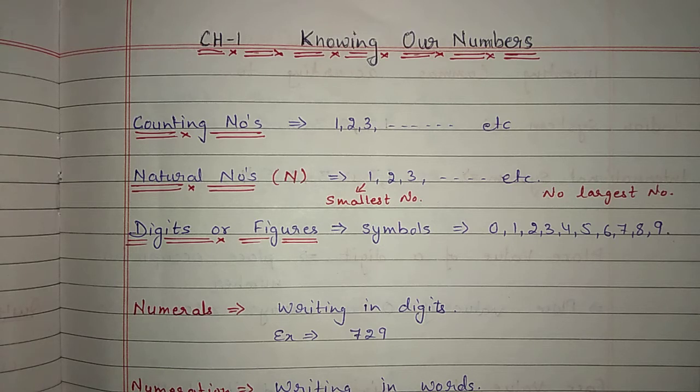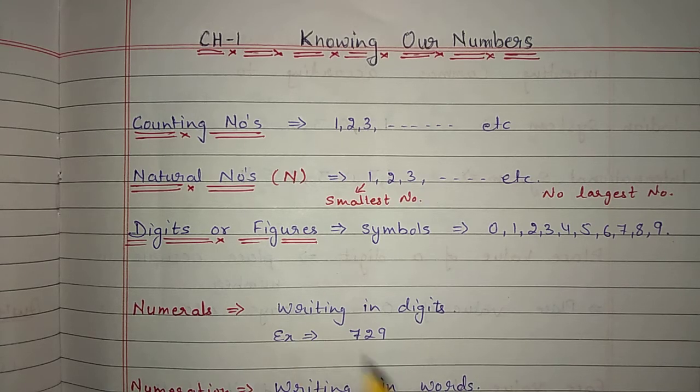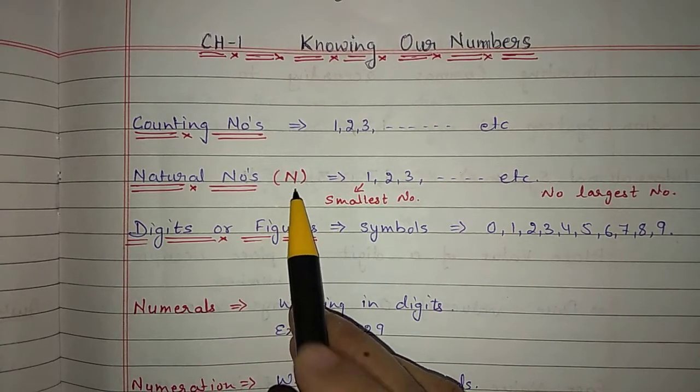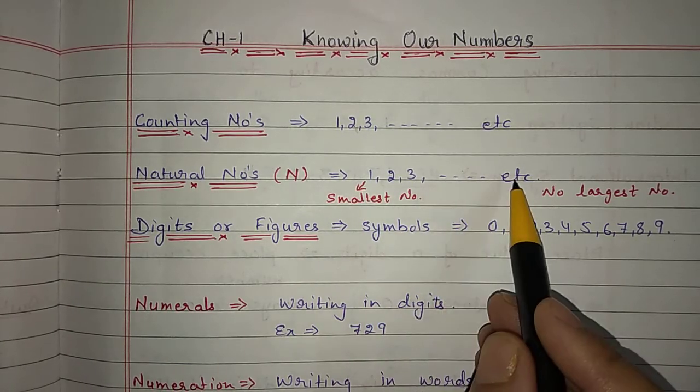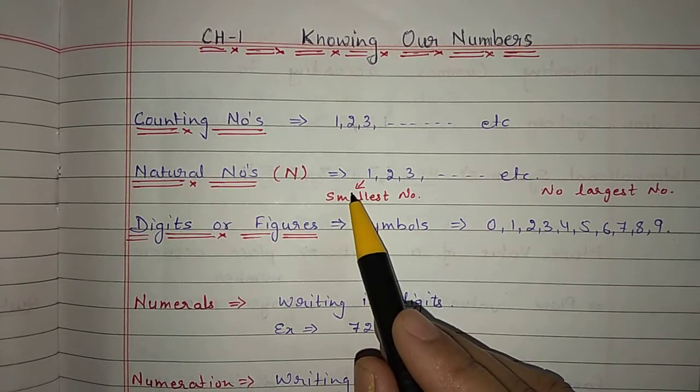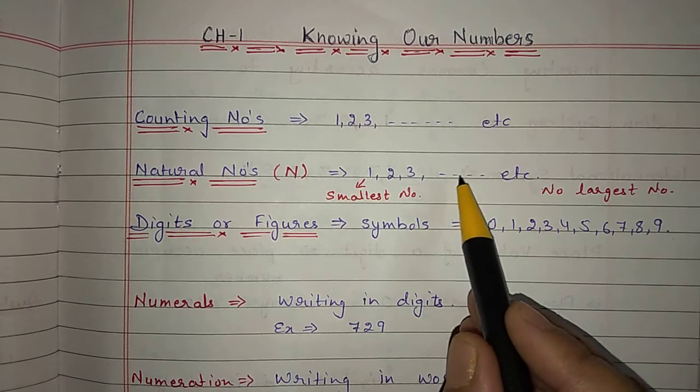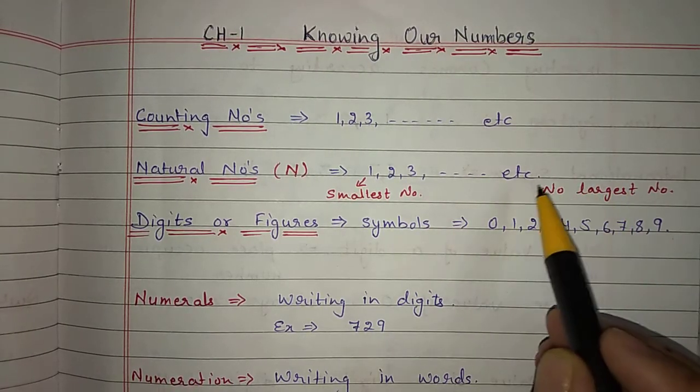First, all of you have learned in lower classes about counting numbers. I hope all of you know about this. So counting numbers are 1, 2, 3 and it will go up to infinity. These counting numbers we can call natural numbers also and it is denoted by capital N. So natural numbers are 1, 2, 3 up to infinity. 1 is the smallest natural number and as it will be going on up to infinity, we don't have